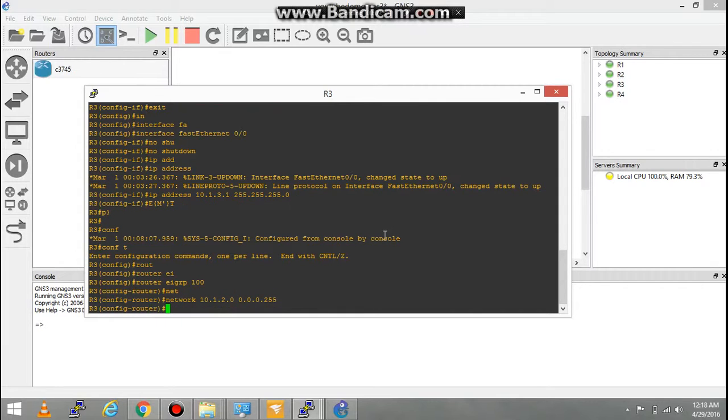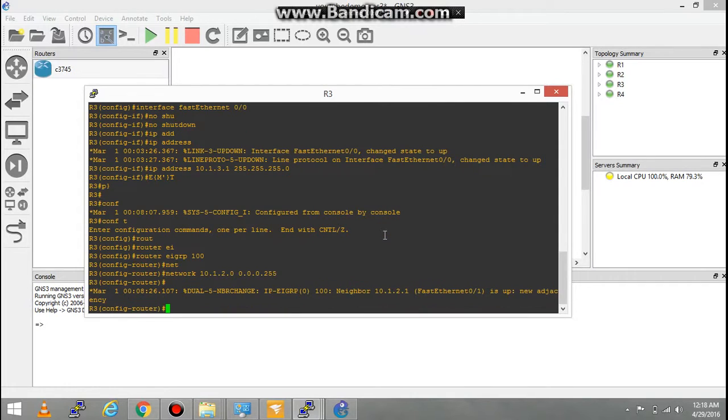Well, I expect an adjacency to come up now. Here the adjacency has come up because we had used the interface IP address of 10.1.2.1 on R2, and since we were advertising that and we also started advertising this on R3, we get an EIGRP neighborship. Now I'll advertise the other network, which is 10.1.3.0,